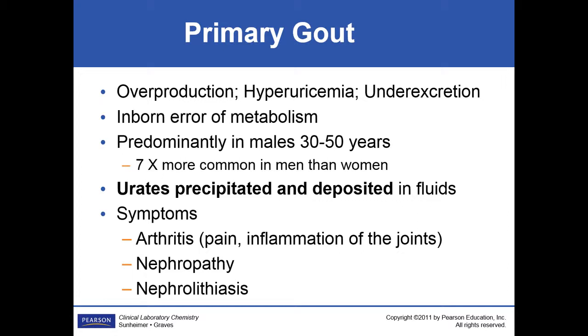The urates are excess and they precipitate out and they make crystals that are deposited into the joints. So they have a lot of pain, indicative of arthritis. This used to be classified a rich man's disease because they had a high diet on organ meats, and these have a high amount of